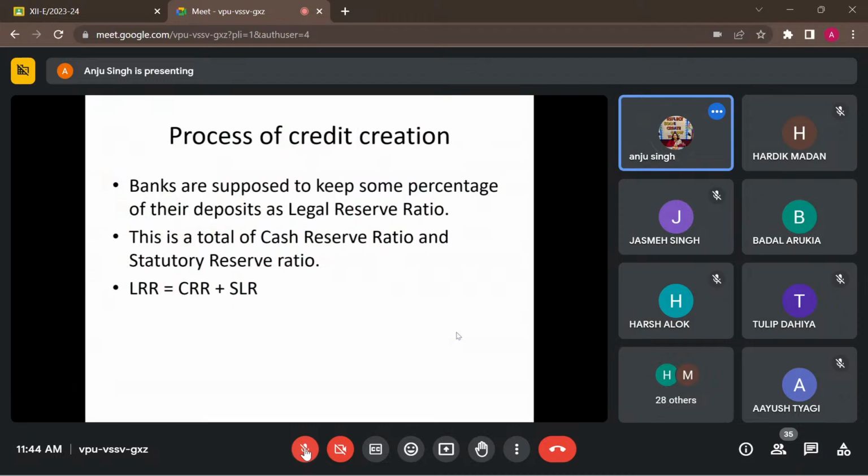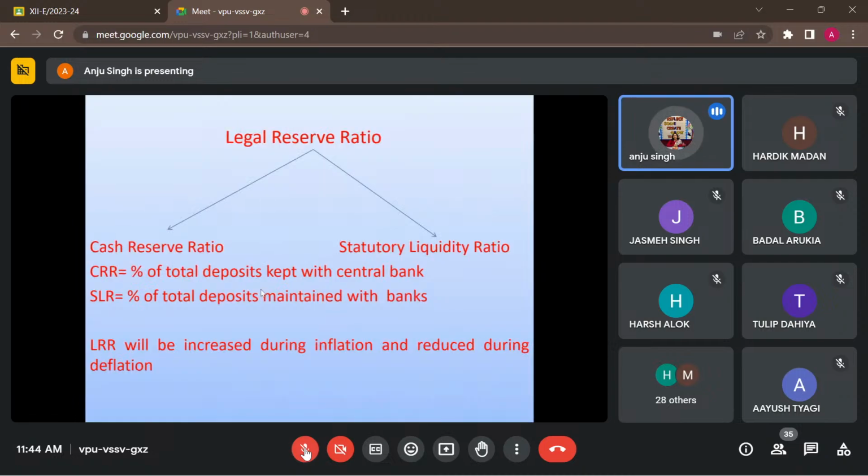Okay. Now, banks are supposed to keep some percentage of their deposits as LRR, and this is the total of CRR and SLR. So when you say LRR, it actually means CRR and SLR. In this chapter, children, money and banking, we will focus on LRR. When we go to next chapter, we will be talking about the split components, CRR and SLR. Now, legal reserve ratio, including these two, we have already done. The total deposits with the central bank are called